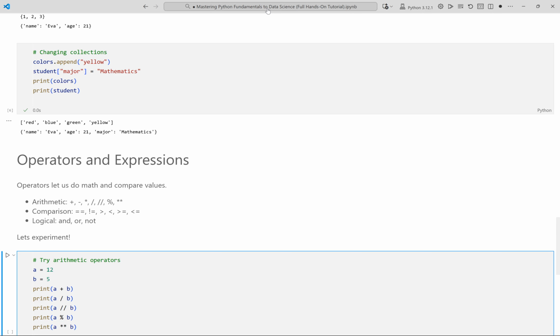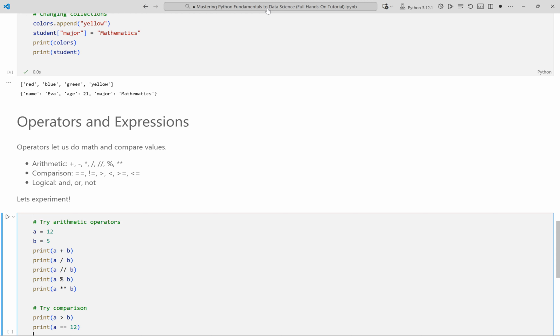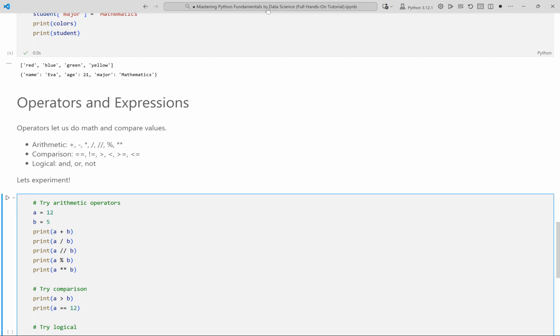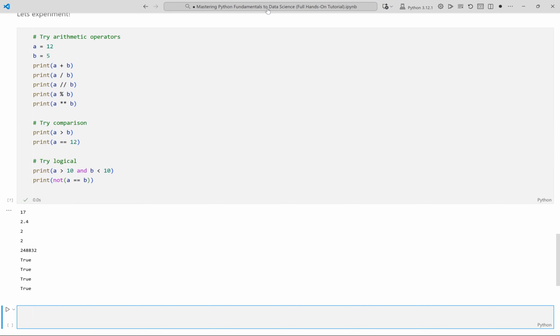This is a comment indicating we will try comparison operators. We print whether a is greater than b. We print whether a is equal to 12. This is a comment indicating we will try logical operators. We print whether a is greater than 10 and b is less than 10. We print whether a is not equal to b using the not equal operator. Running the cell now. This output demonstrates how